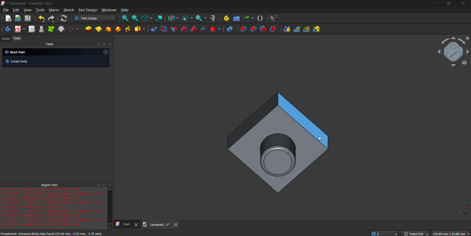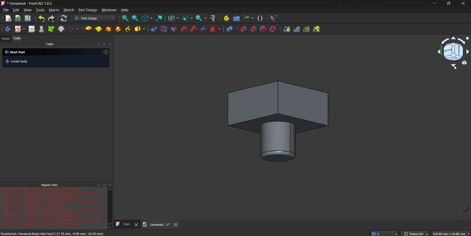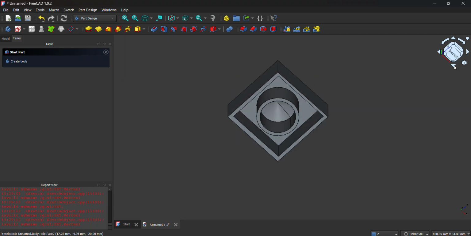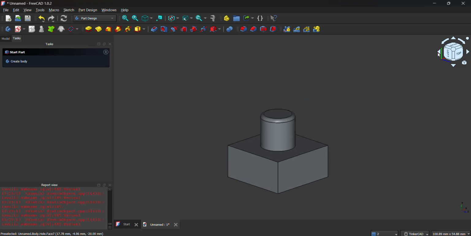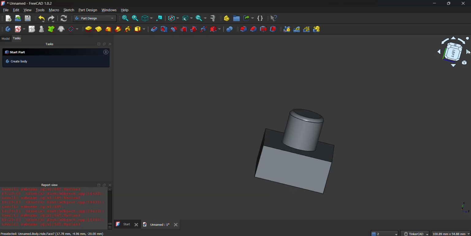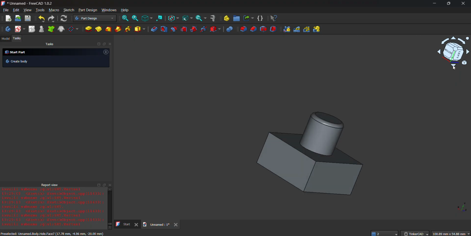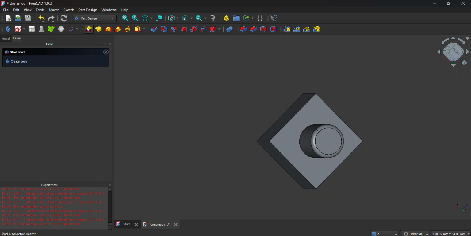Okay, so today I will be explaining in detail how to create a single Lego. This one will be our final output. Our objective for today is to use these three very important tools in 3D design or part design: the pad, the pocket, and the hole. Okay, are you ready? If you are ready, then let's start.